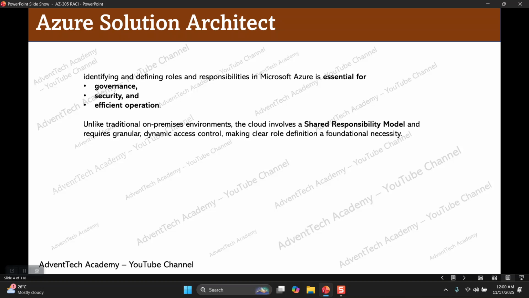We have an IT manager and then IT support team, security team, server team, network team. We have a separate team in an on-premises environment. All the teams will report to the IT manager or chief technology officer. But cloud,